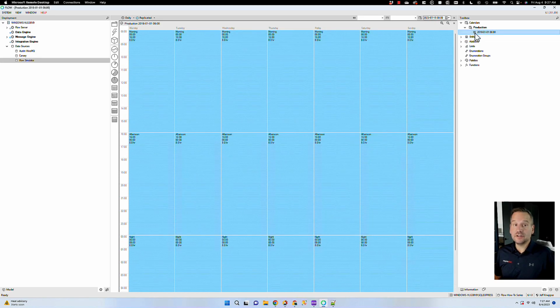I could create various shift patterns so that if I had seasonality, I could account for that. I could create a new shift pattern if it changes, and that would start maybe next Monday. Also inside of the production calendar, if I double click on production,